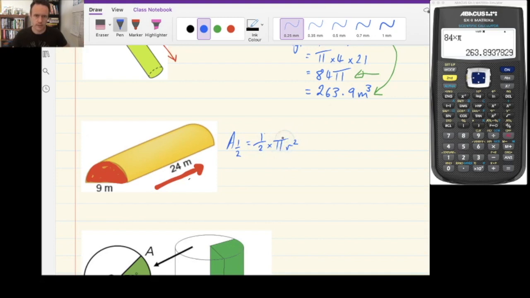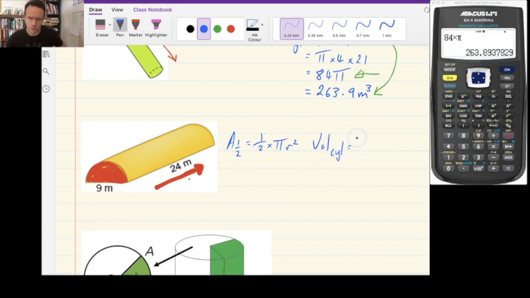You could take that part there and just divide it by 2 as well. But later on you'll see why I've put the fraction at the front there as a multiplication. So pi r squared multiplied by 1/2, and again we want to multiply it by 24 eventually, so the volume of the cylinder